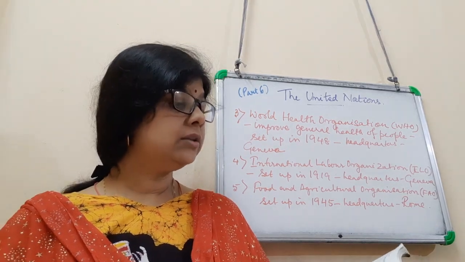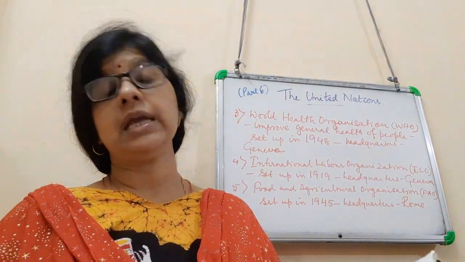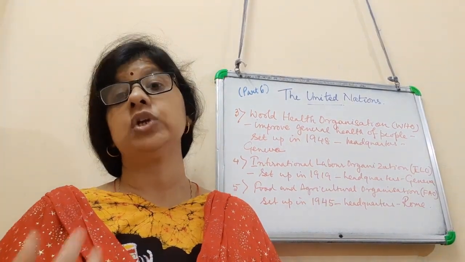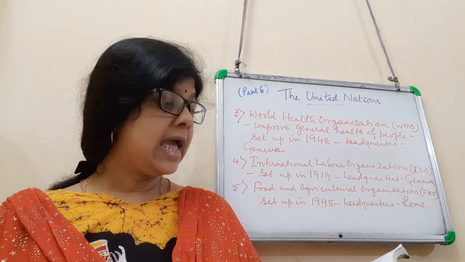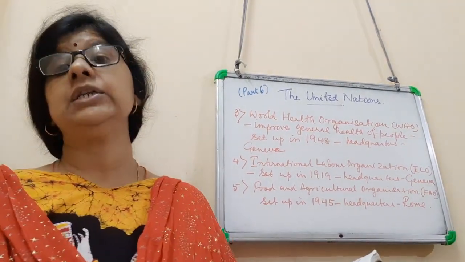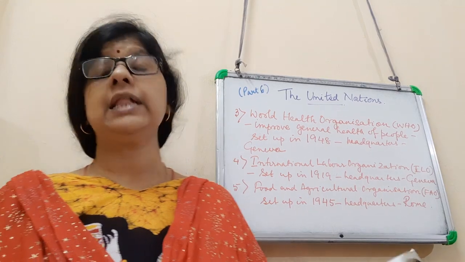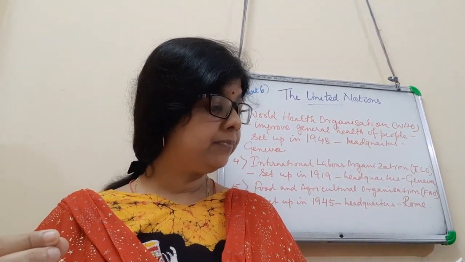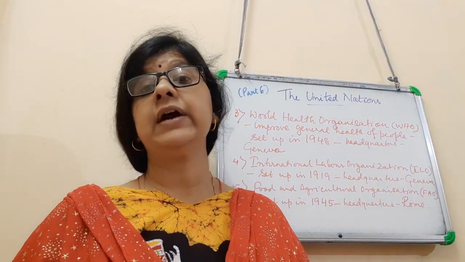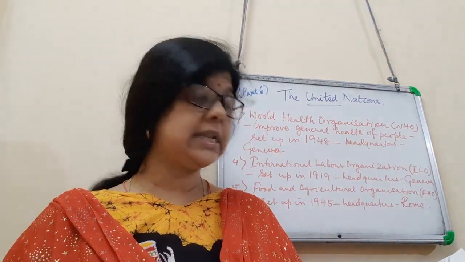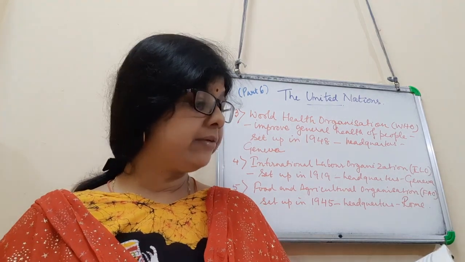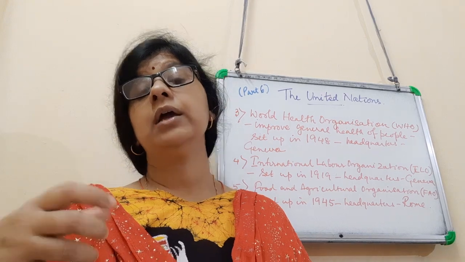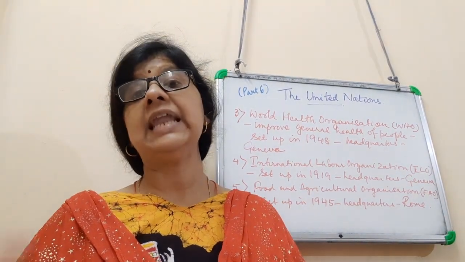Now, World Health Organization was set up in 1948. Its main aim is to improve the health of people in general all over the world, and it tells about hygiene, sanitation, and healthy food habits, and it educates people to fight diseases. And what kind of diseases? Like polio, malaria. Polio is a disease where the legs get